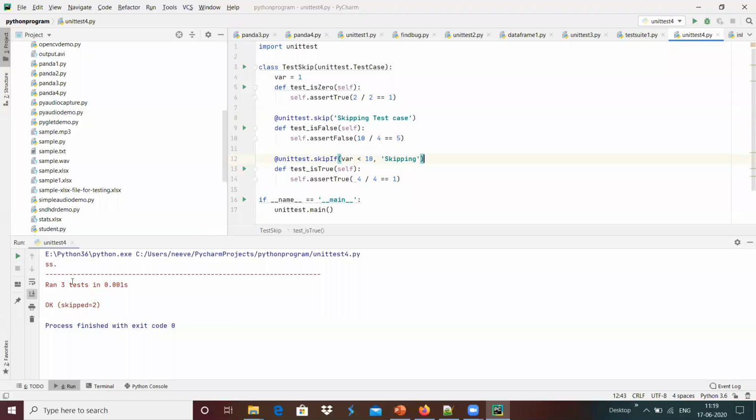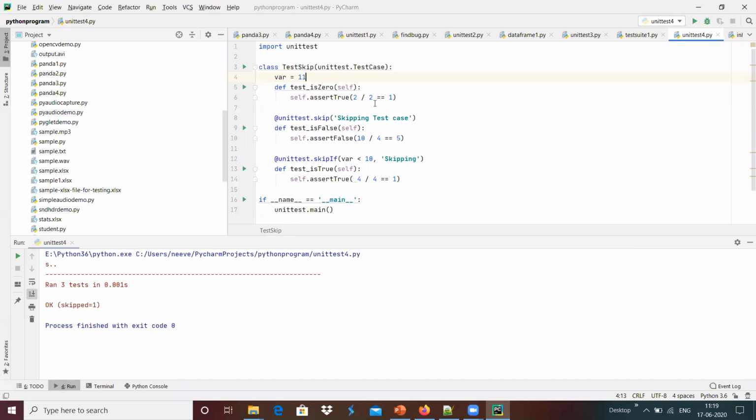Yeah, 3 test cases in this, 2 test cases are skipped. One is a direct skip and another one is a conditional skip. I'm going to use a variable name 11. This test case will not get skipped over here.